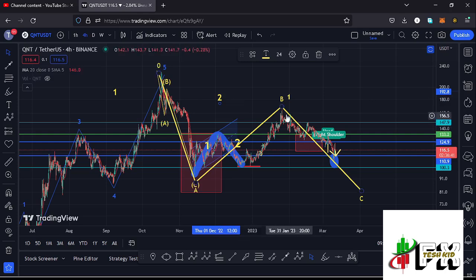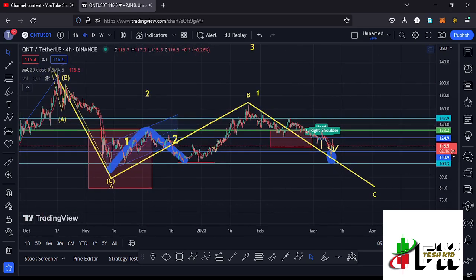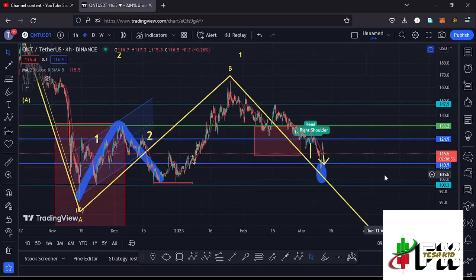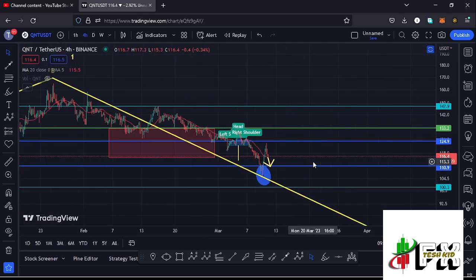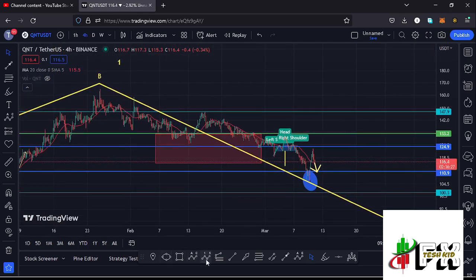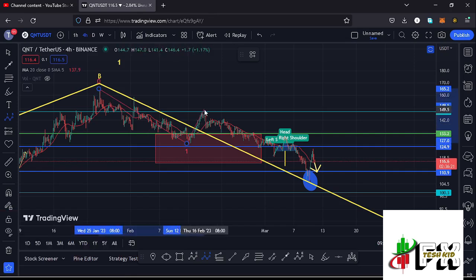And in the formation of this higher Elliott wave, that is the formation of this wave C, I believe we are seeing a 5 wave structure that we also expect in the formation of that wave C because of its impulsive nature. And if I draw it out, we can have these as the first wave to the lower side. So we can have these as the wave 1, then a wave 2 giving us a peak at around the $148.2 mark, and whatever we saw over here giving us a low at around the $106.1 mark is the formation